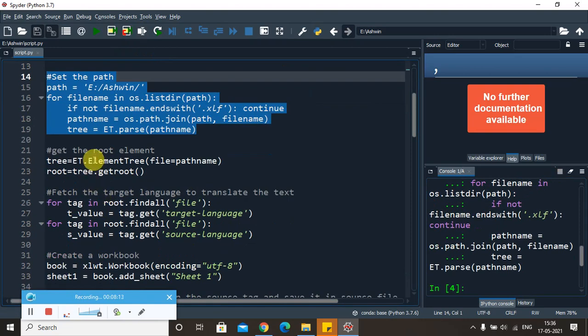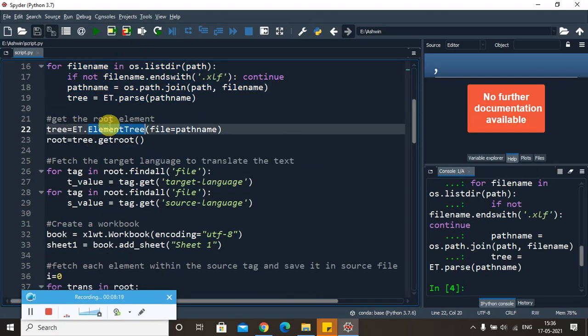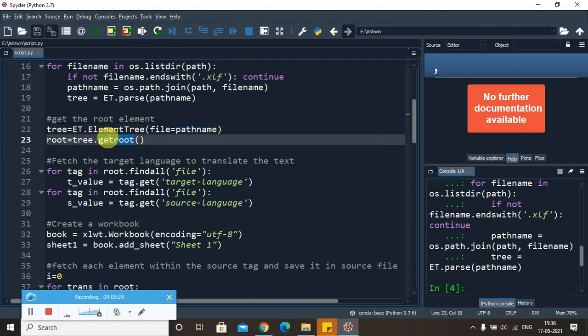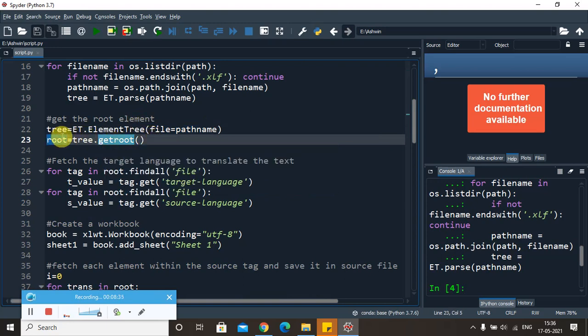After that, to identify and to get the root element, I need to invoke the method called ElementTree, from the object ET.ElementTree, and give the file name. Okay, through which the getroot method will give me the root of that XML file and store it in a variable called root.